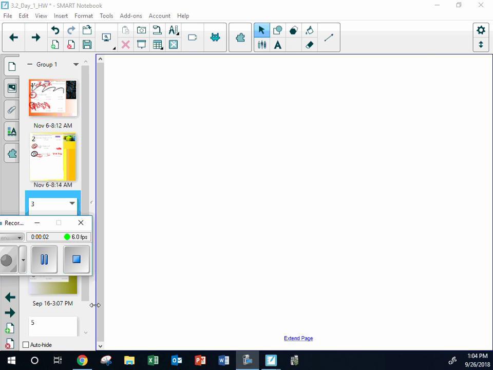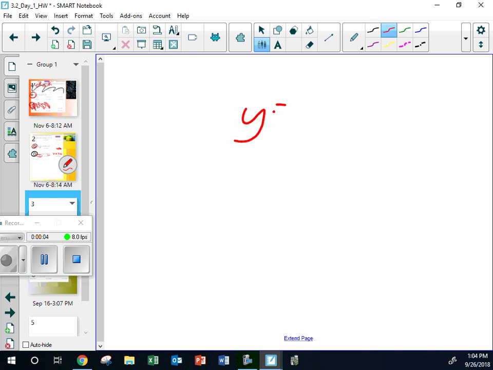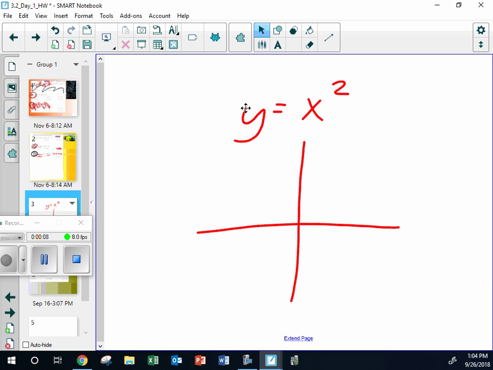Okay, today we are going to use our knowledge of parent functions like that. I hope that, without graphing it on Desmos, you could have known that it kind of looked like this. Raise your hand if you knew that. Okay, good. We're going to use our knowledge of parent functions to start exploring what happens if we transform this